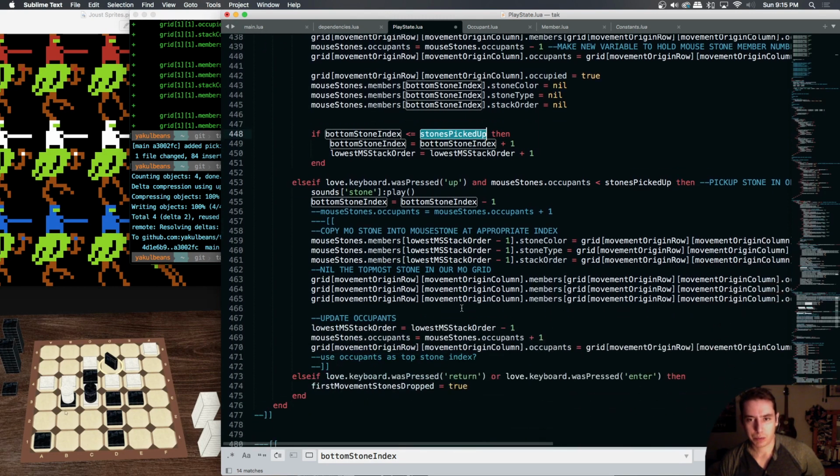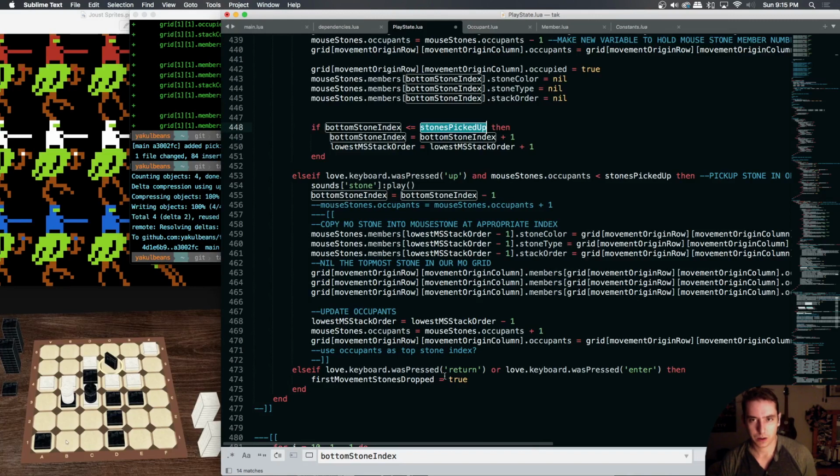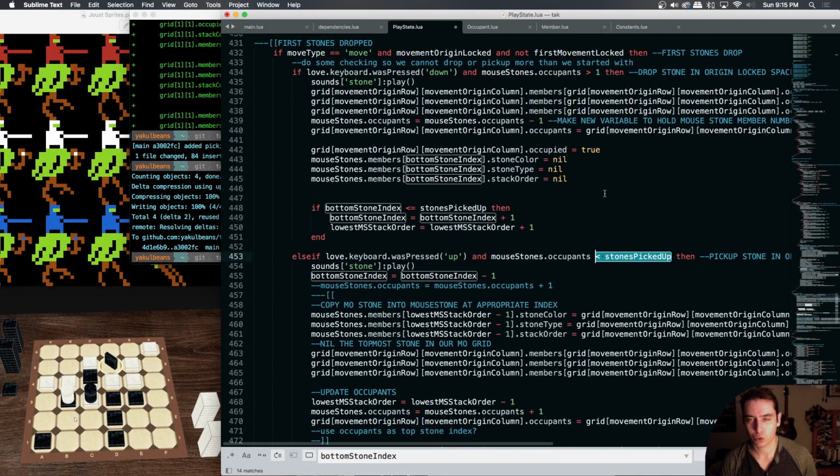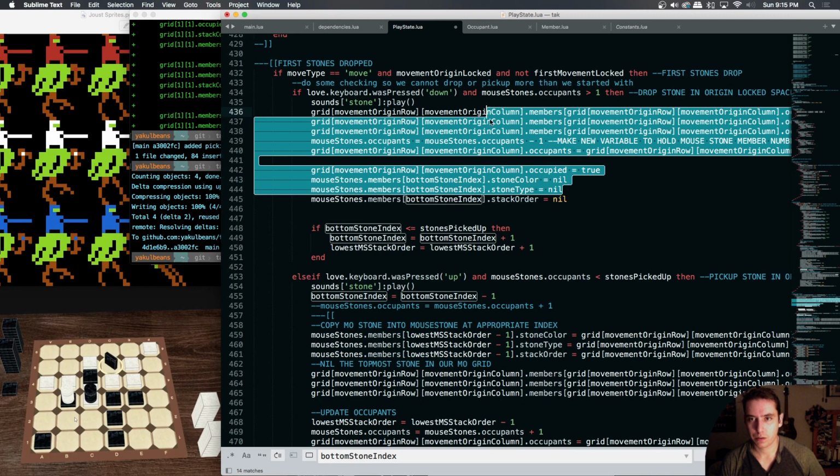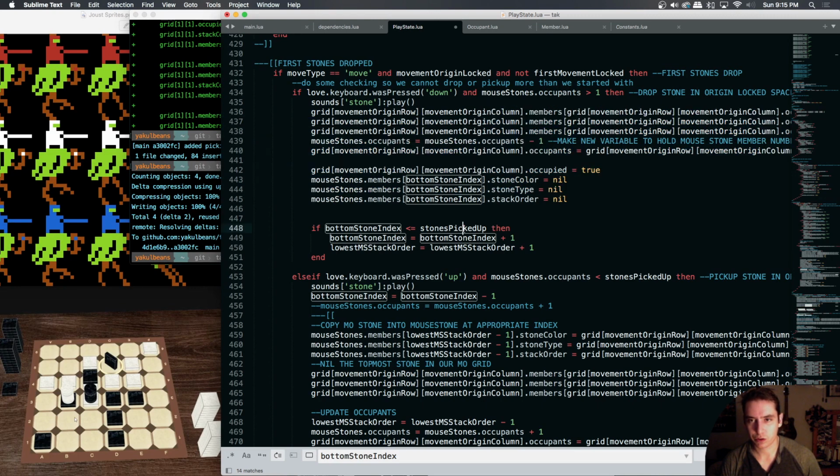So like, if we pick up a stone, we have it in this stones picked up. So we need to do something like this for this one, but with a different variable than stones picked up, so that we can get rid of all this. So the bottom stone index is doing the same thing the lowest milestone stack order is doing here,